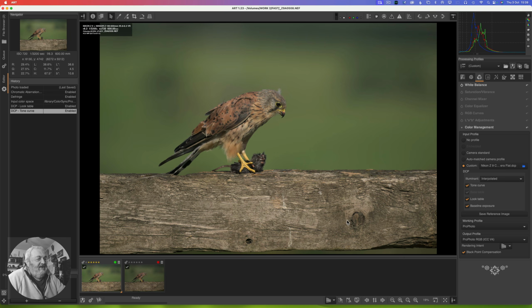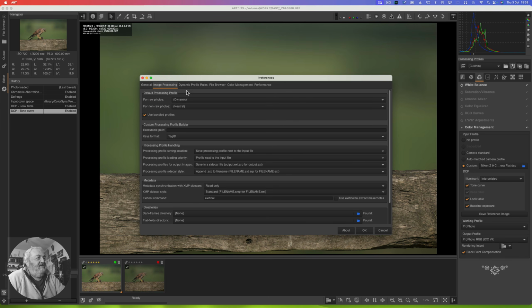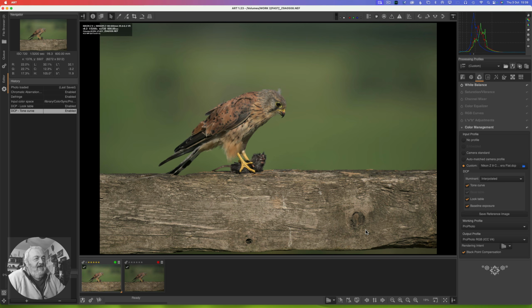Now then, here's the next thing. We need to come back to our preferences, and in image processing, where it says dynamic here on this particular installation, I'm just now going to go to my profiles, and I'm going to actually select ART base, okay, and click OK, because